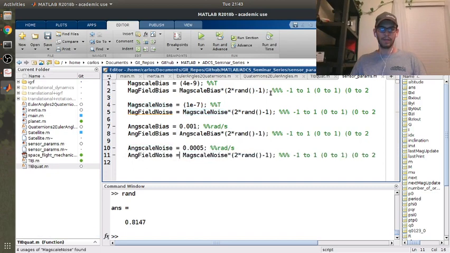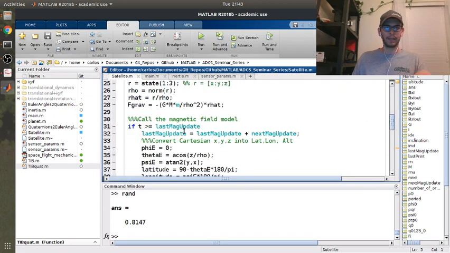This is getting long, I might make another video, because I spent so much time on the sensor dynamics, I might put the filter in another video. Okay, so I think this is good. So this has all of our bias and noise with random number generators. And I think I can get rid of TIB quat to Euler, Euler to quat, and then in the satellite class,